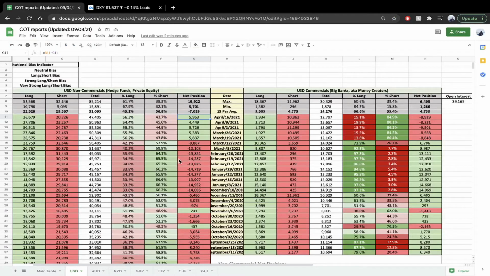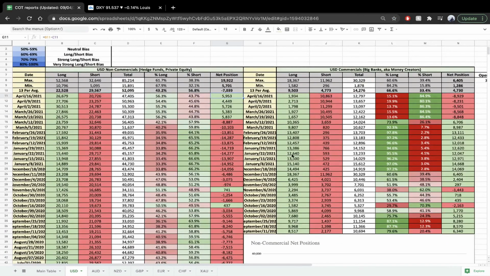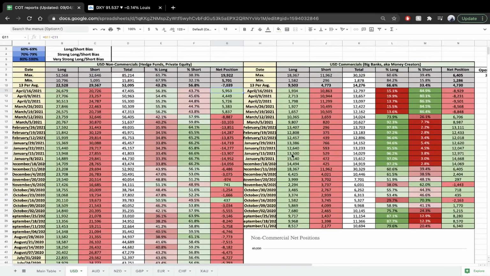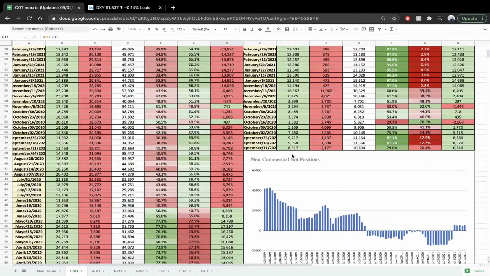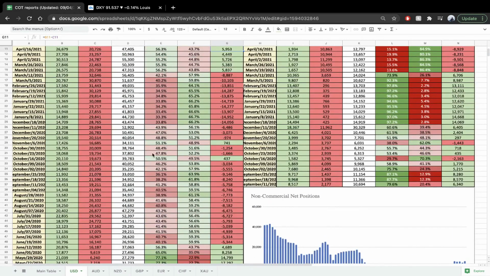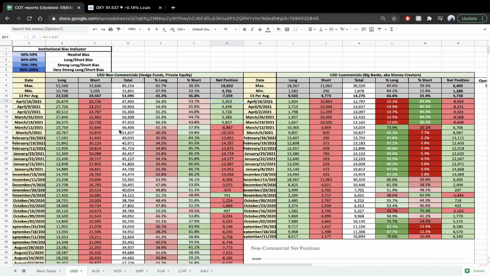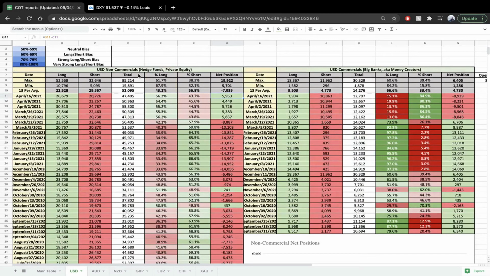So yeah, this is just like a short idea of what you could do with the COT report. There's many different strategies. I know people do a lot of day trading with COT reports. I think it's more of a swing trading indicator to get the overall consensus of the market. And as you can see, non-commercials, which are hedge funds and private equity, are looking to go long on this, and they are obviously